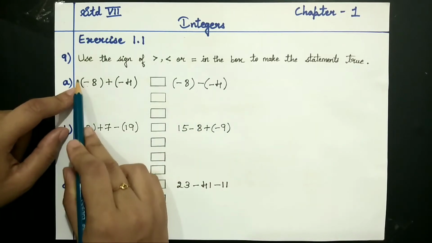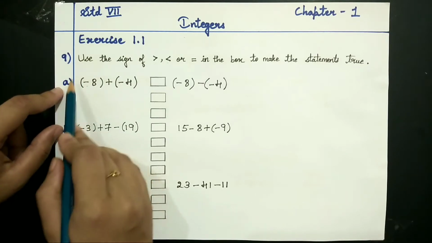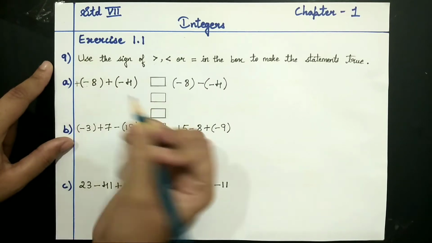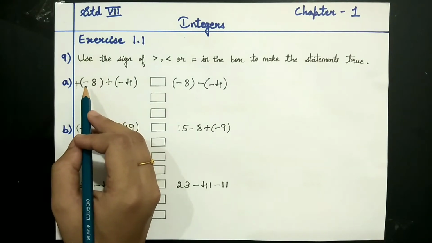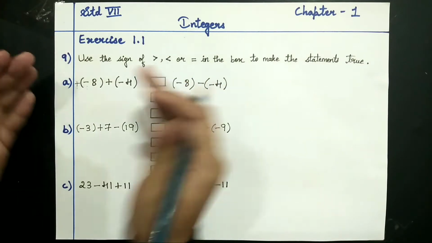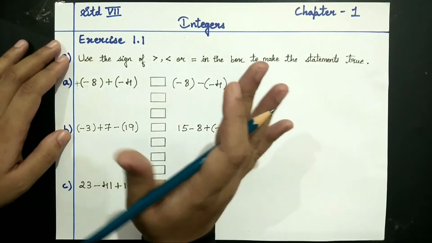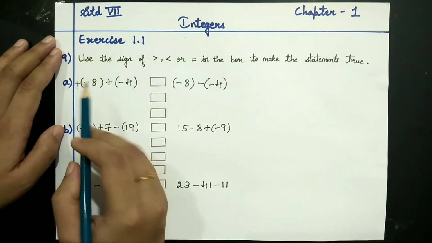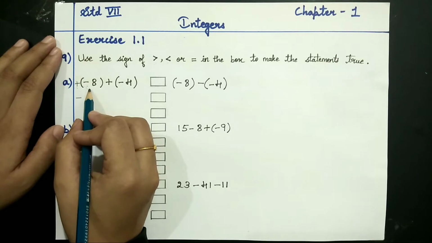Now here there is a bracket given and inside the bracket it is minus sign. So if there is no sign given outside the bracket, you should understand that it is plus sign. Okay, so outside the bracket it is plus, inside the bracket it is minus. Since the signs are different here, then according to the rules of multiplication, see there are brackets given, that means you have to apply the rules of multiplication, not addition. According to the rule of multiplication, if the signs are different, for the answer you have to put minus sign. Okay, put minus sign and multiply.